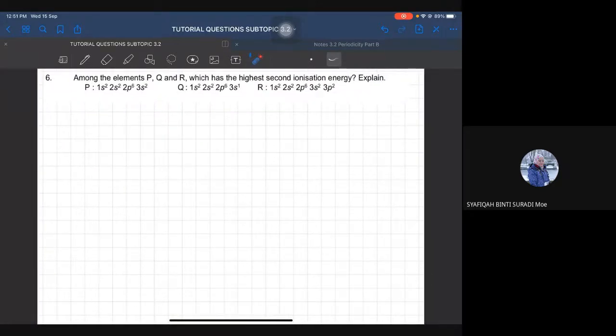Soalan ni tanya. Okay. Among the elements P, Q and R, which has the highest second IE? Explain. So, dia nak tanya siapa yang IE 2 dia yang highest. Itu soalan dia minta. And then dia suruh kita explain. So, sekarang ni, kita list downkan dia punya electron configuration untuk setiap elemen. Okay, so